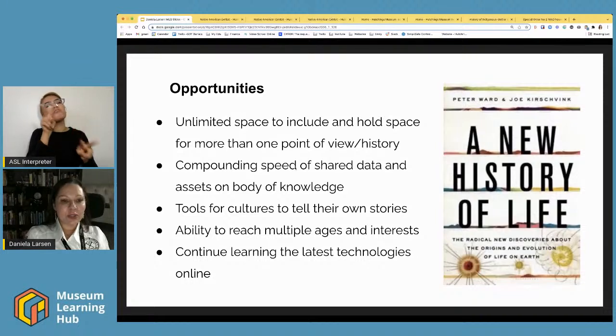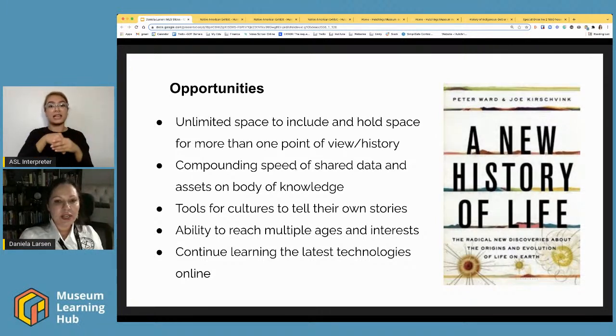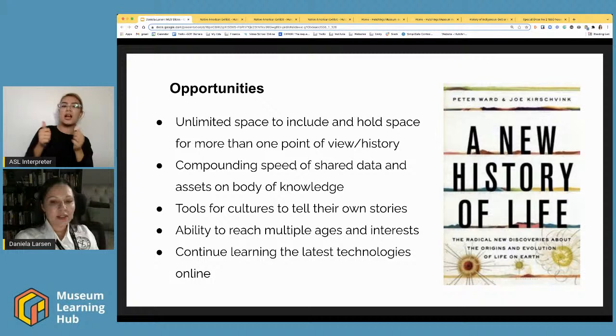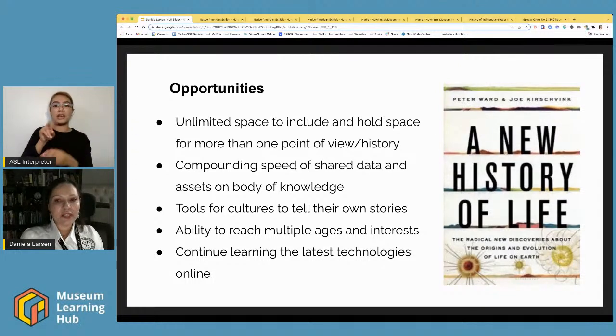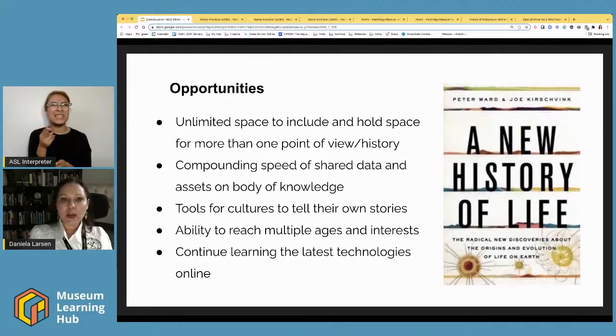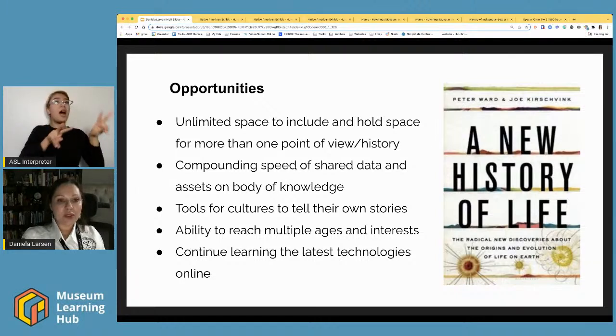It really allows us to have multiple ages and interests participate in history in different ways. There's a way to interact with different exhibits in VR that is a really great starter for a lot of kids that might not think that they love history. But it's a really great hook, and taking the knowledge and helping them fall in love with it to where they are and where they feel comfortable is something that technology really allows us to do.